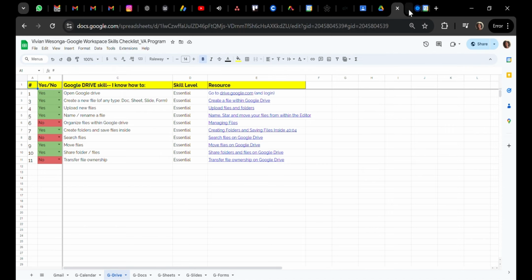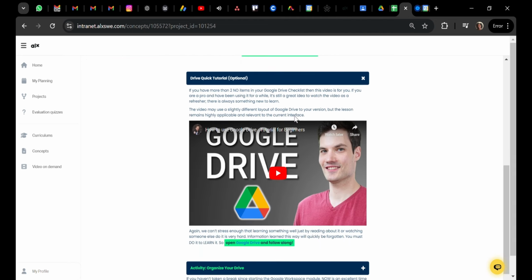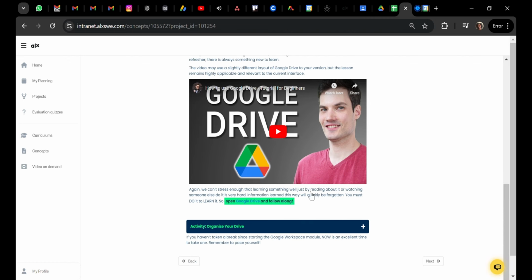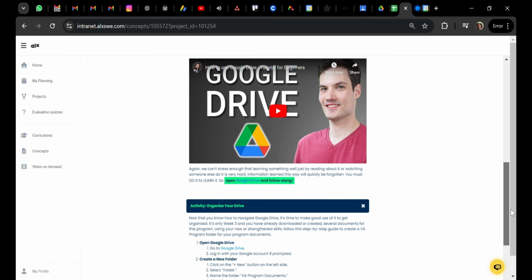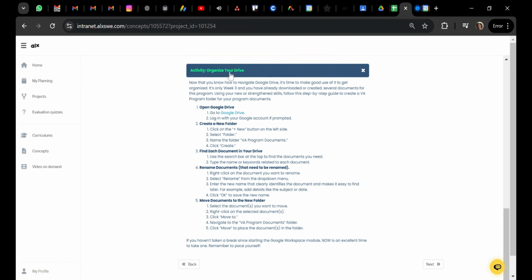And then you have the section. The good thing is they provide you with content that can guide you if you are new in this. There's a short video, and then there's even a longer video that would help you understand even better. There's also an activity on how to organize your drive. They've explained to you what to do. You need to go through that and make sure you've done exactly what they've told you. So go through that and do as they've explained. We are going to go next.